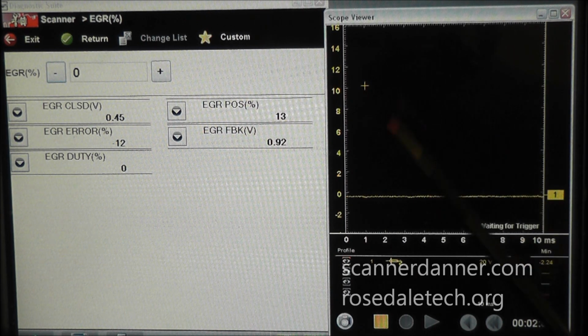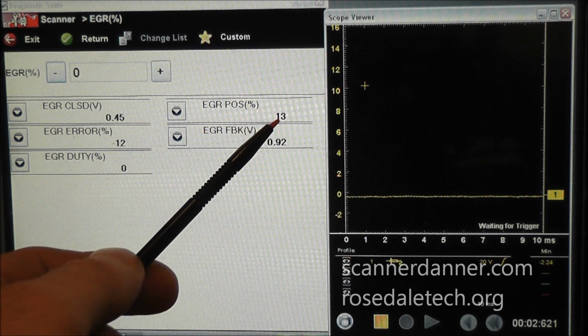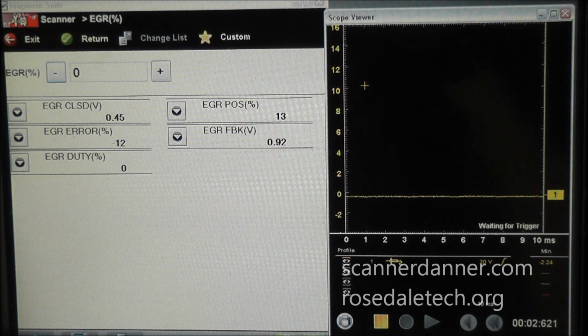So this is going to be my power side switched signal to this valve. This really isn't related to the fix, which is an offset. We have an error of 13% with the valve closed. This doesn't address that, but I think it's really important to understand what this duty cycle number percentage actually means. So if we look at this,